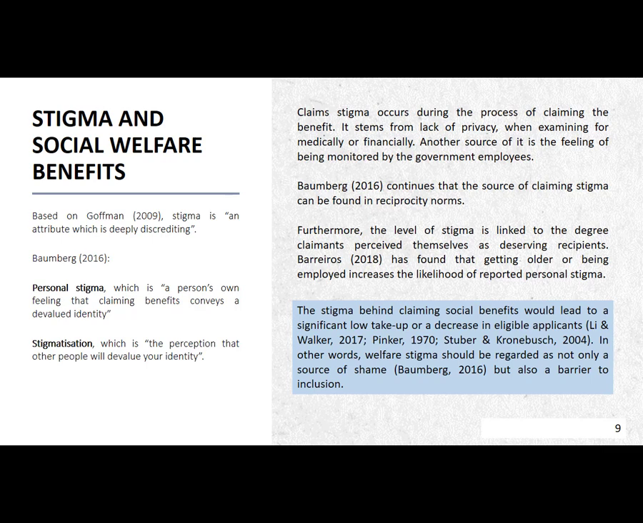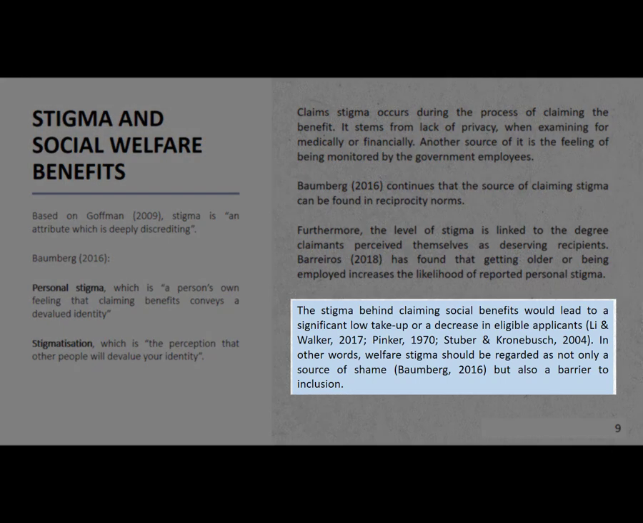Furthermore, the level of stigma is linked to the degree to which claimants perceive themselves as deserving recipients. Barreiros has found that getting older or being employed increases the likelihood of reporting personal stigma. The stigma behind claiming social benefits leads to significantly low take-up, or a decrease in eligible applicants. In other words, welfare stigma should be regarded as not only a source of shame, but also a barrier to